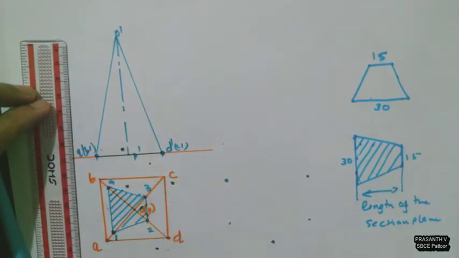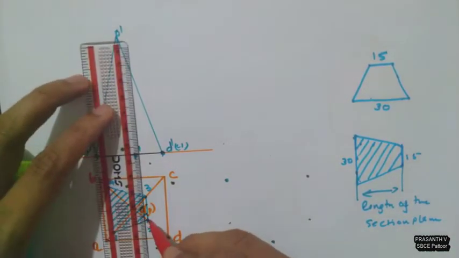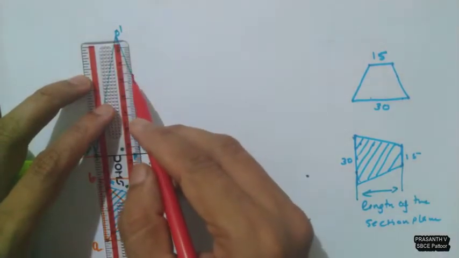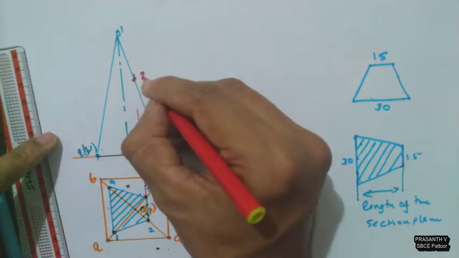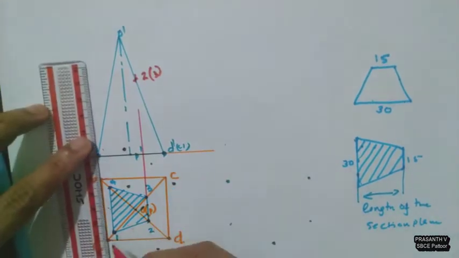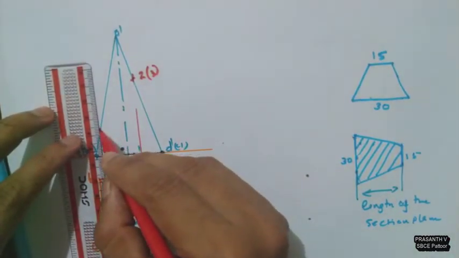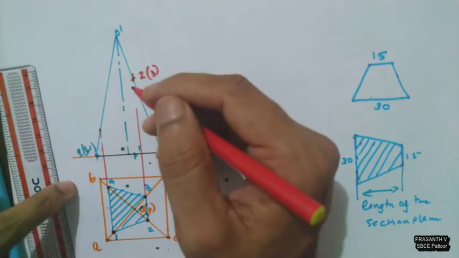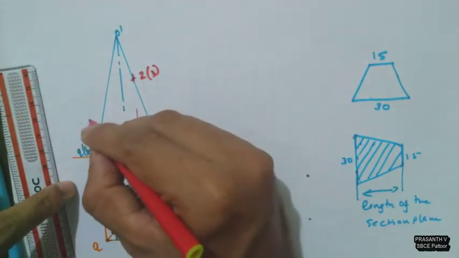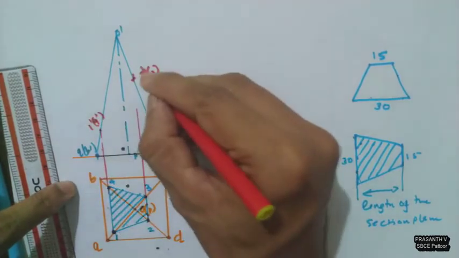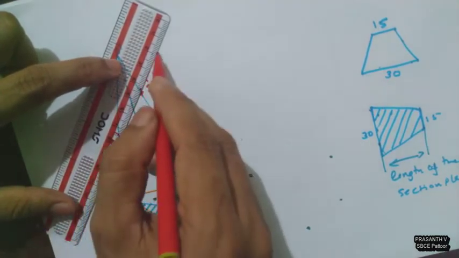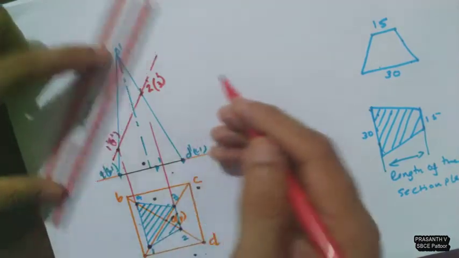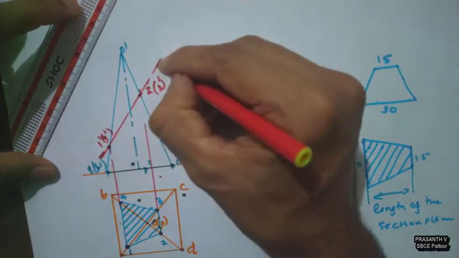If I need to cut through the slant edges, then I need to place the top view like this. See, this 2, 3 I can project to DO and CO. This will be 2 in bracket 3. 1, 4 will be on AO and BO, so 1 in bracket 4. And now we just join these two points to get the section plane. So this is the section plane.